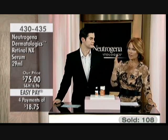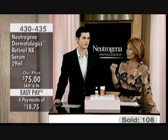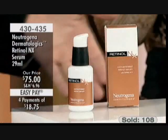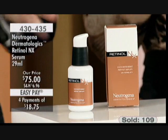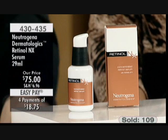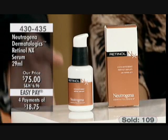Thank you for that. Now, as far as the sunscreen, just to sidetrack for a second, what's Helioplex? It's a proprietary ingredient that Neutrogena has that really gives you broad spectrum coverage to block UVA and UVB. Okay. And there's so many misconceptions out there about sunscreen. The truth is, sun protection is just the most important thing that you can do in an anti-aging regime. That Helioplex technology really gives you that broad spectrum coverage, blocking UVA and UVB. You should